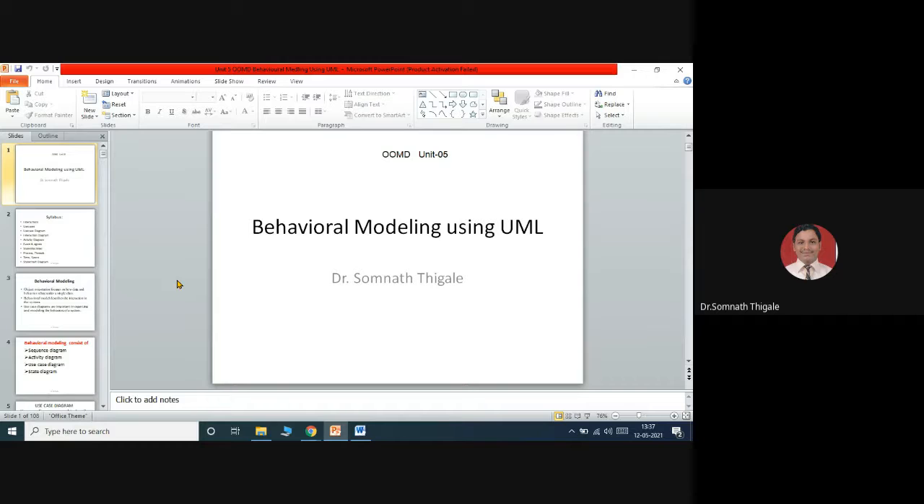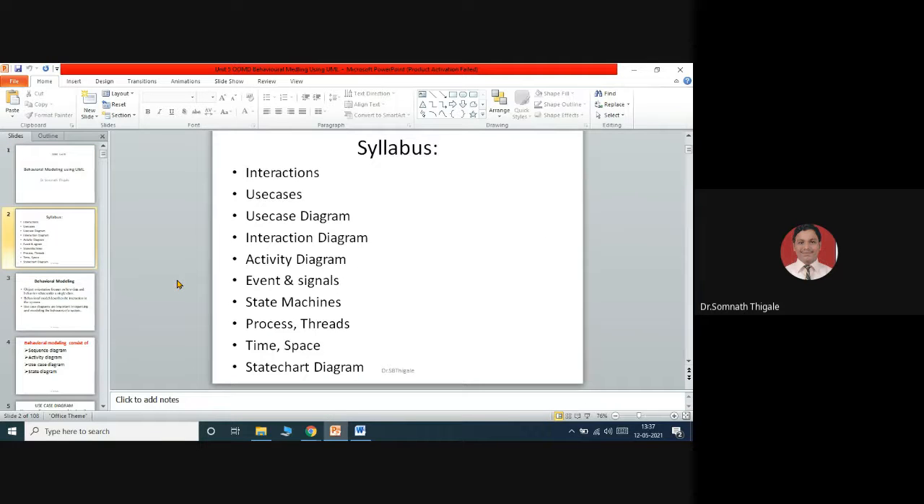So let's see what points we are going to discuss inside behavioral modeling. That is chapter number 5. We will discuss first interactions. What is the meaning of interactions? Then we will discuss use cases. What is the meaning of use cases? How to represent the use case in UML. Then we will discuss how to draw the use case diagram, then the interaction diagram, then the activity diagram, and then in